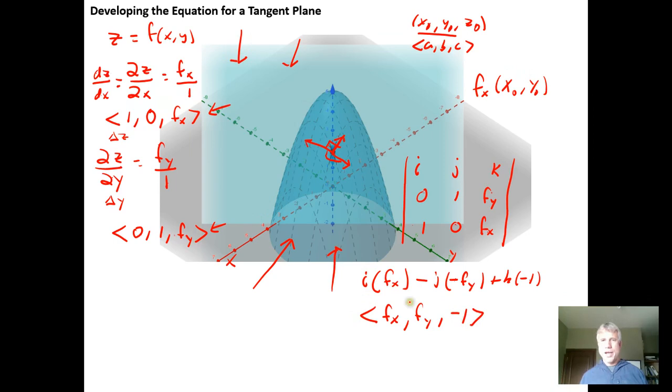And this is the vector then, that as long as we evaluate this vector at x naught, y naught, this vector is perpendicular to the tangent plane. And the moment I have a vector that's perpendicular to the tangent plane, life's good, because I take that vector, f sub x, f sub y, negative 1, and I dot it with the set of all vectors that lie